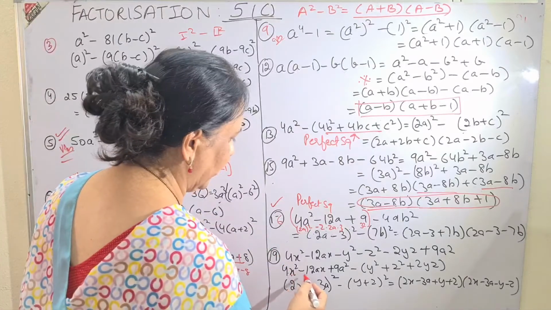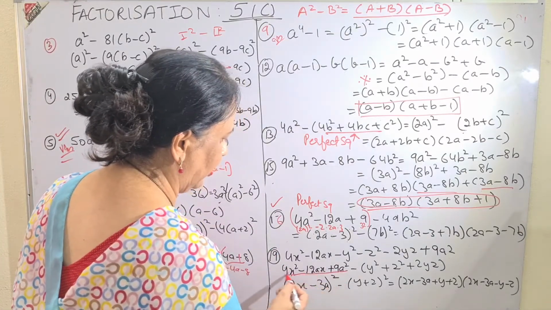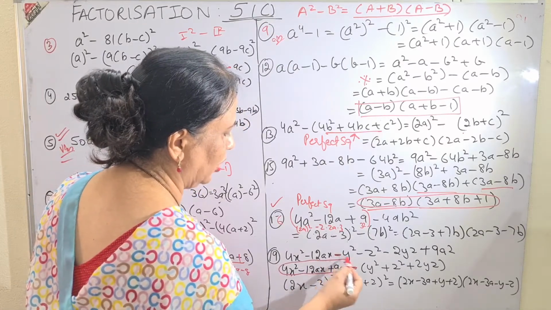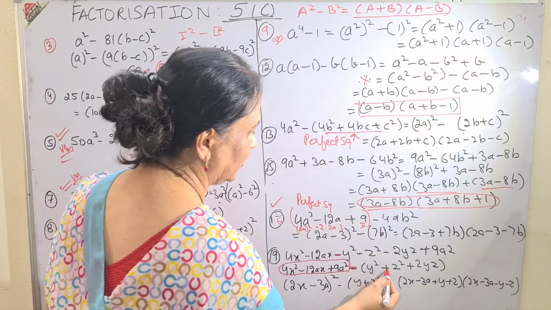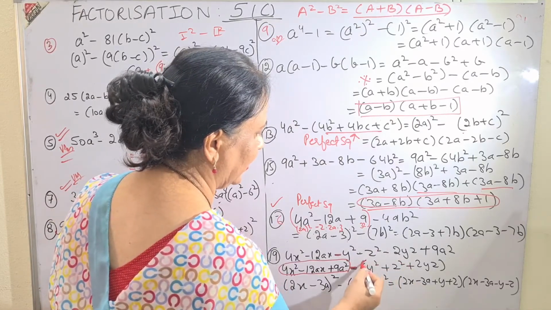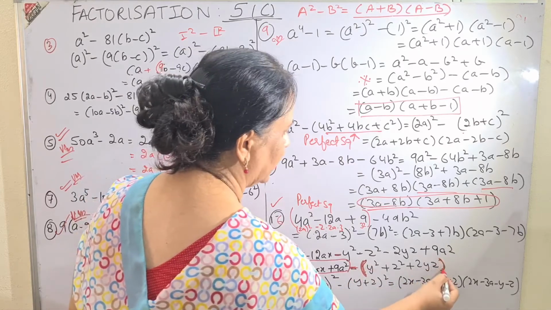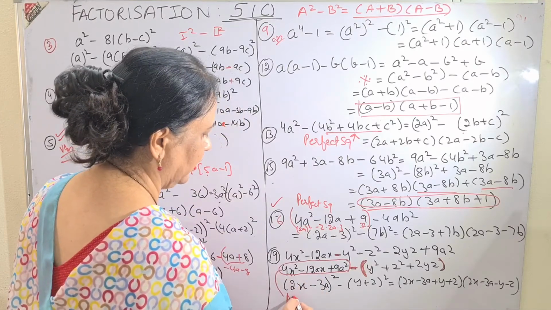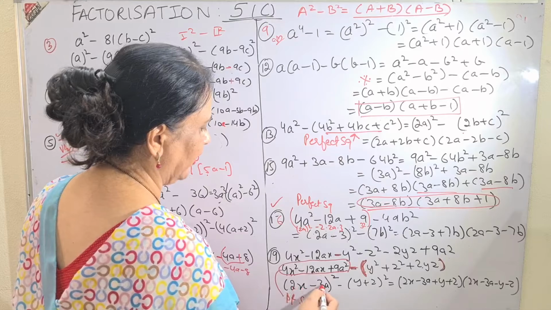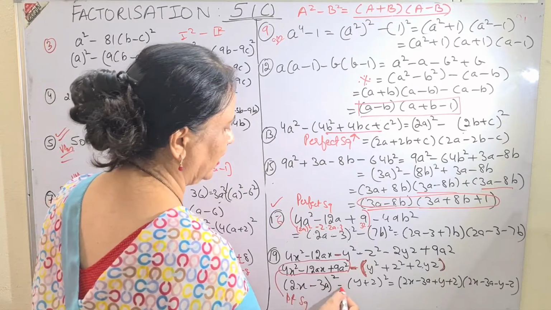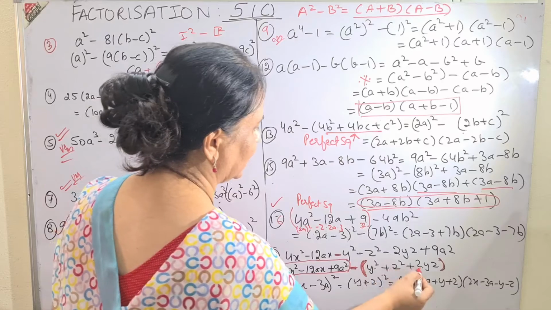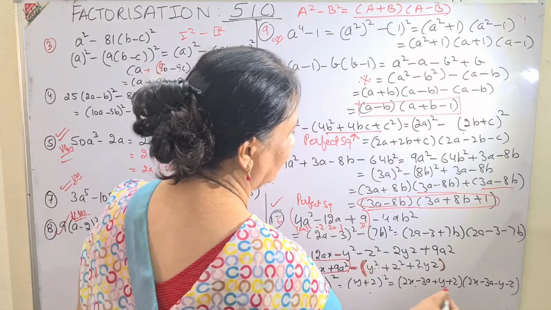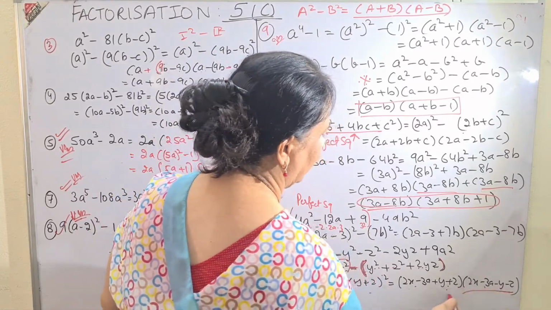See how I have done it. 4x square minus 12ax plus 9a square. I got it in the first three. And again took minus common. When I took minus common, y square minus plus, because the bracket is there and the minus sign is outside, all the signs will change inside. See, it is very simple. Again, making perfect squares, both. This will be a minus b, meaning 2x minus 3a whole square, minus y plus z whole square. y plus z: a square plus b square plus 2ab. So, a plus b, a minus b. Once you will plus, once you will minus. Again, a very important sum.